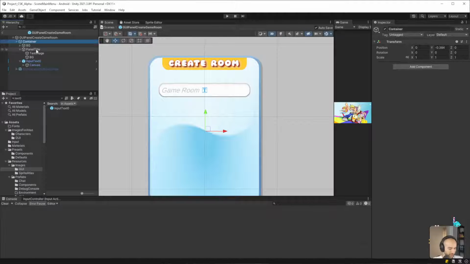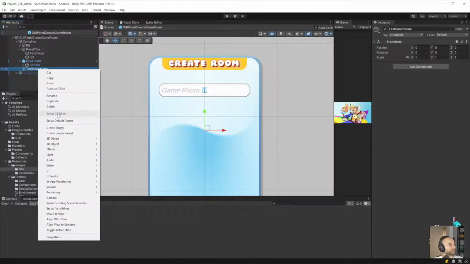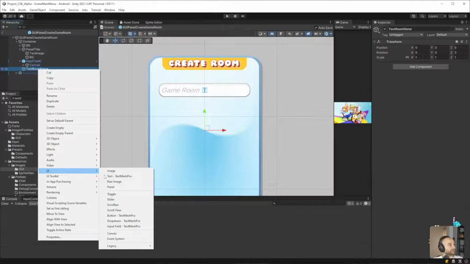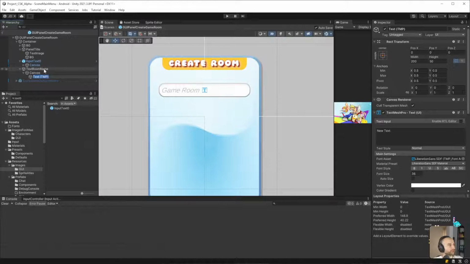Okay, let's try. We'll create the game object, and this will be text room name. From here, I'll create UI and select Text Mesh Pro. Okay, so that worked.